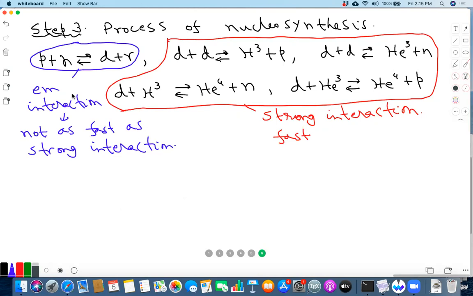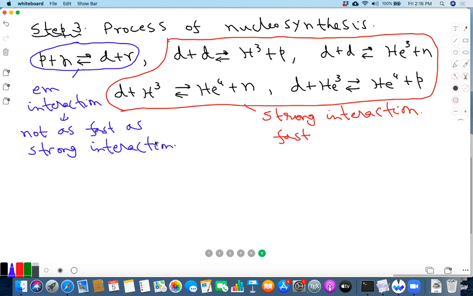So this is basically the reason why the process gets delayed. This is because unless you can form enough number of deuterons by this electromagnetic interaction, you don't start forming the other ones. Even if you just apply the equilibrium statistical mechanics formula, you will see that the numbers become much larger than what they actually are at a given time, because of this fact that you have to go through this deuteron creation process.